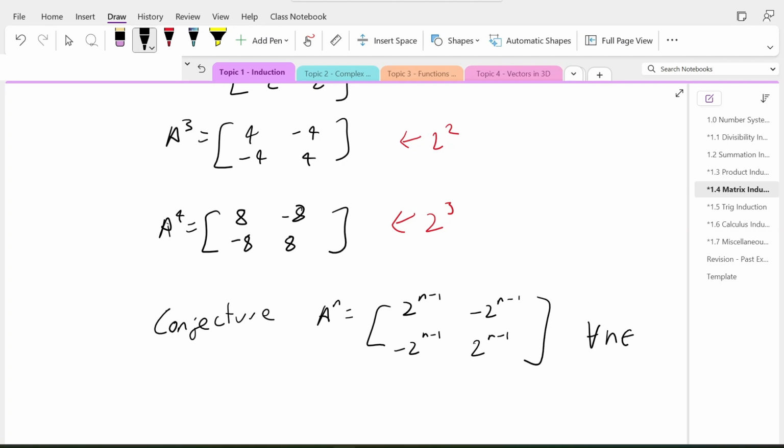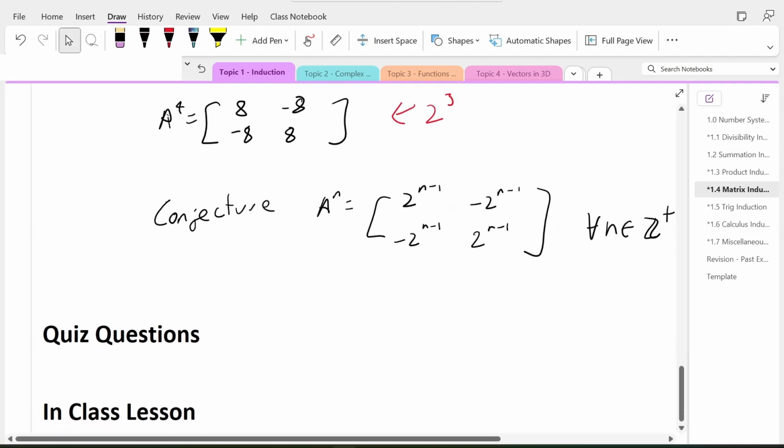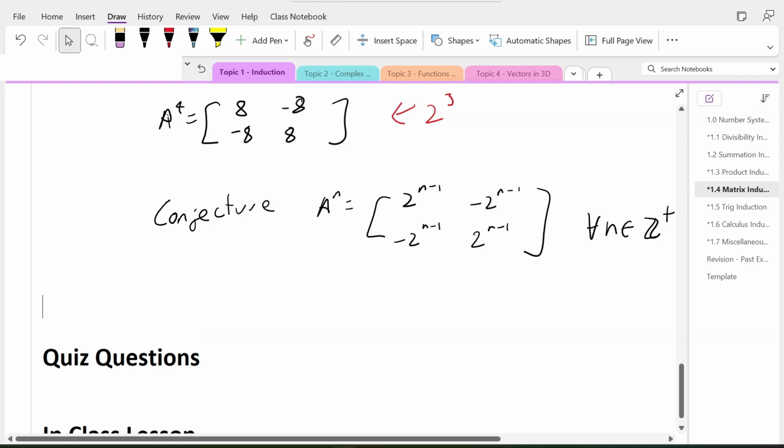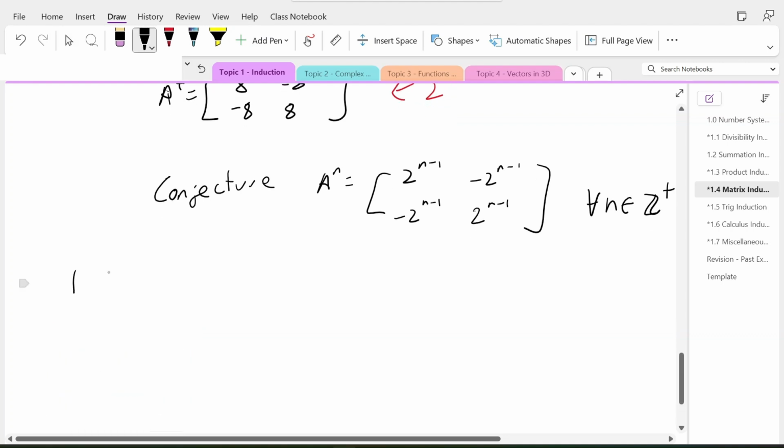For all n in Z plus. So there's our conjecture. Now let's prove it using induction. Okay, so P1. Now technically when we make a conjecture like this, we've actually already done the base case, but let's just check it. So A to the 1